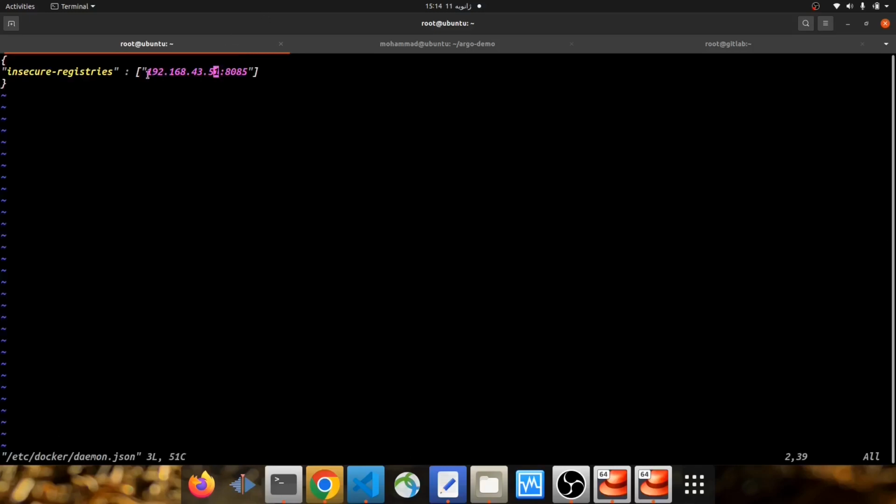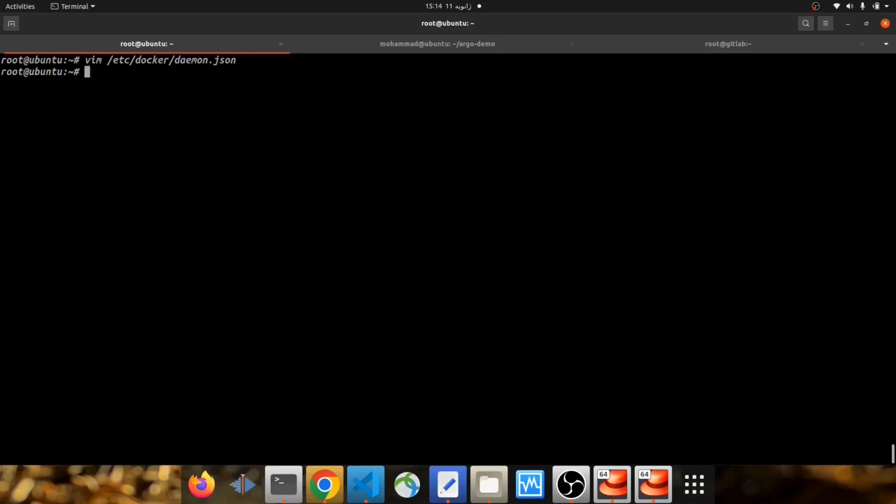I want to show you something. First of all, if you are using Docker as your container runtime, you need to add your Nexus registry to your /etc/docker/daemon.json. So if I open /etc/docker/daemon.json, you will see my insecure registry inside this JSON file. Very good. And if you are using containerd, you have to add your insecure registry to your config.toml. I'm using kind for my Kubernetes cluster. So